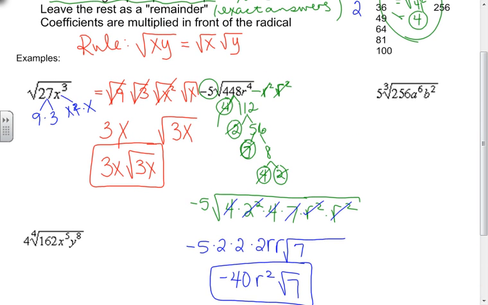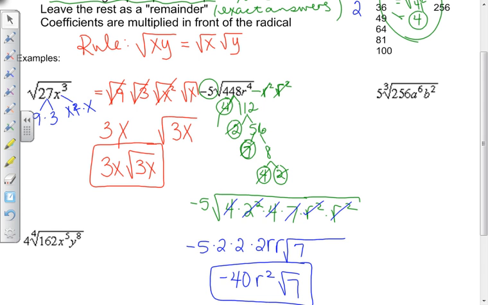Now we're going to switch to a cube root. So now we're looking for cubes. We're looking for factors that show up 3 times. So if I go ahead and start factoring this, 2 goes in here 128, and 2 goes in here 64,